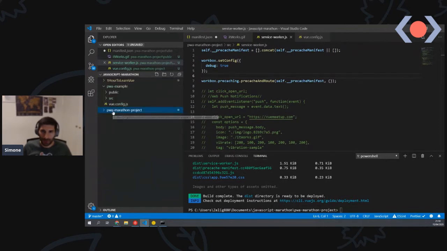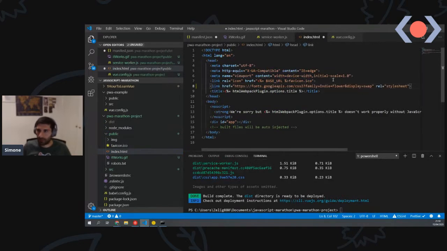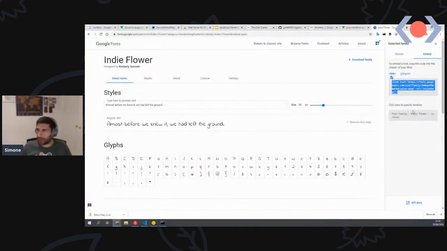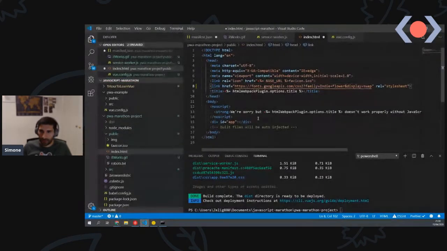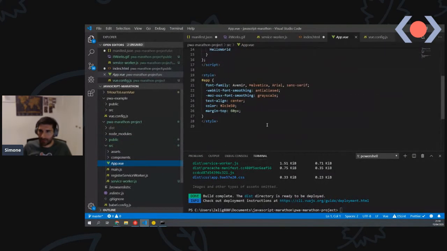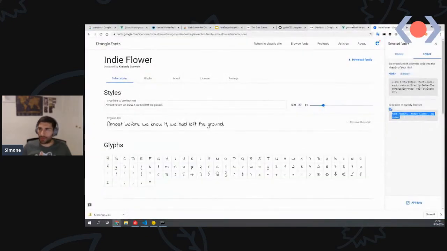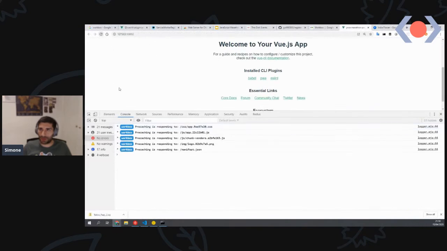So we're going back to our public, we're going in our index file, and we're going to add our Google font right here. What we also need to do, we have to add this to our font family. So we're going back to our app view. If you remember last time, there's always a font family declaration at the start, so we're going to do that. We're going back to our application and